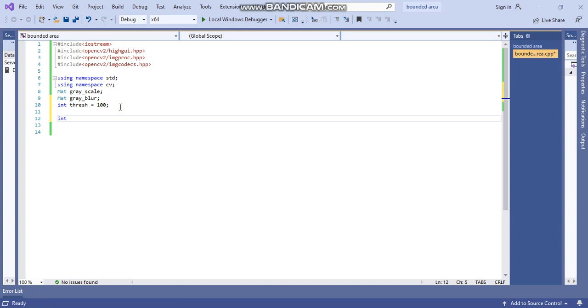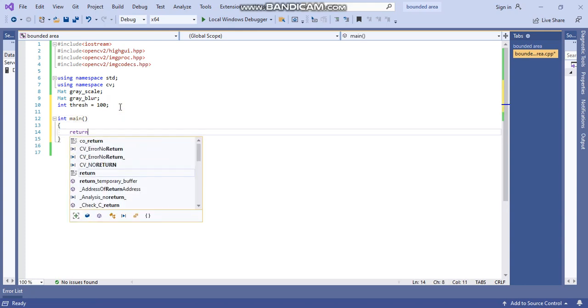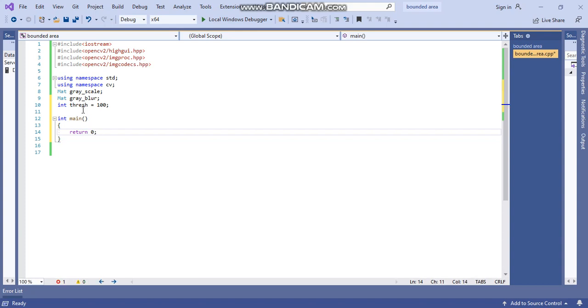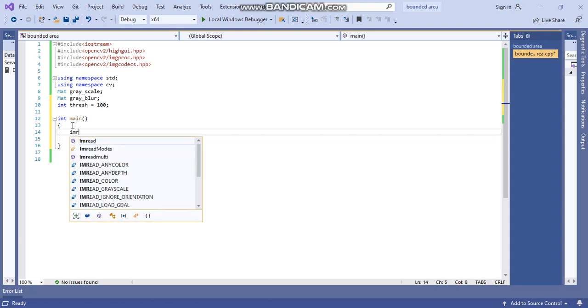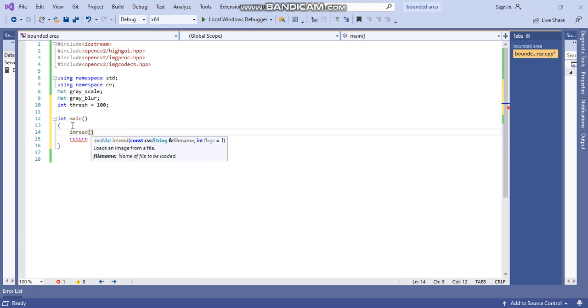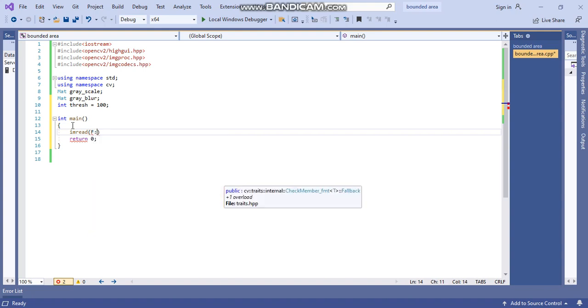Now write the int main function. Okay, so return 0, because the function is of integer type, so write a return 0. And in this method we need imread, and then I am going to give the path, F drive, slash, image name is world.jpg.